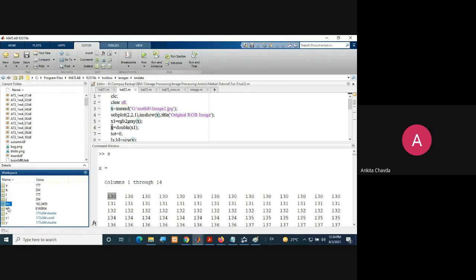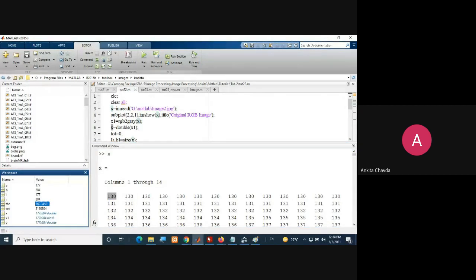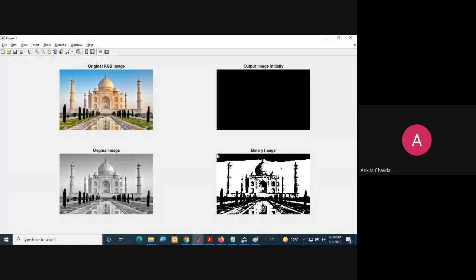You can even check the total, the summation of all your intensities. So this is your very first row and very first column. 130 is less than 162, so it will be mapped to 0, meaning black color. I hope you are getting it now.